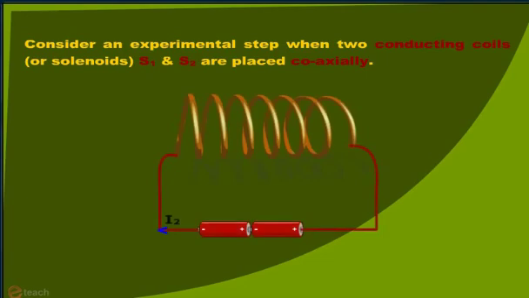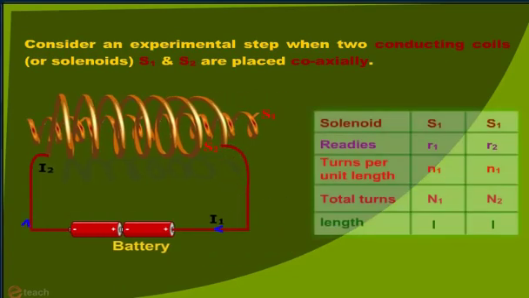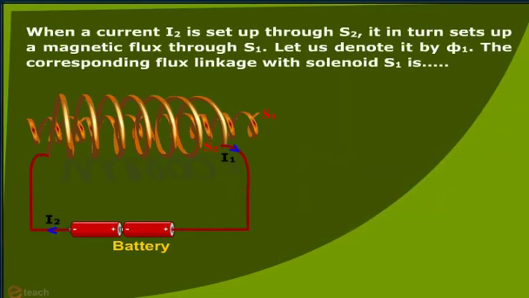Consider an experimental setup where two conducting coils or solenoids, S1 and S2, are placed coaxially. The dimensions of the two solenoids are shown in the table. When a current I2 is set up through S2, it in turn sets up a magnetic flux through S1. Let us denote it by Phi1. The corresponding flux linkage with solenoid S1 is